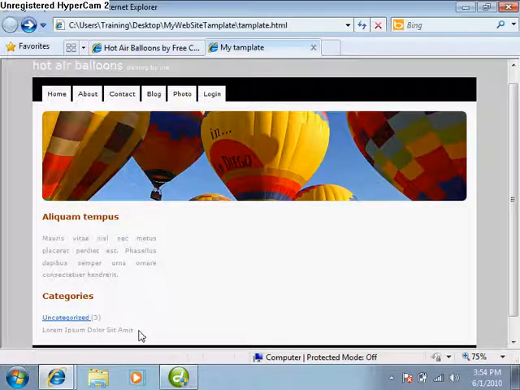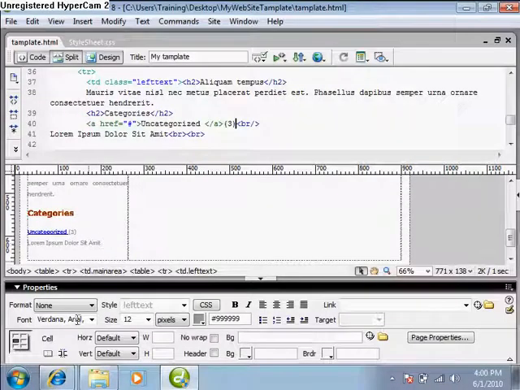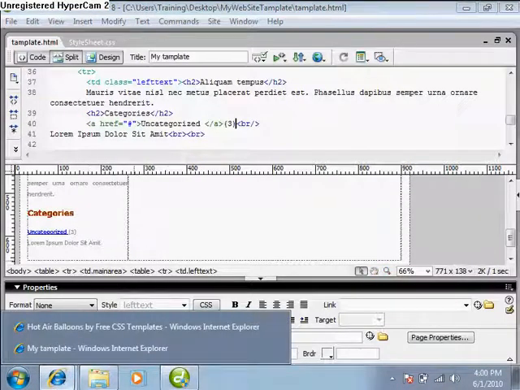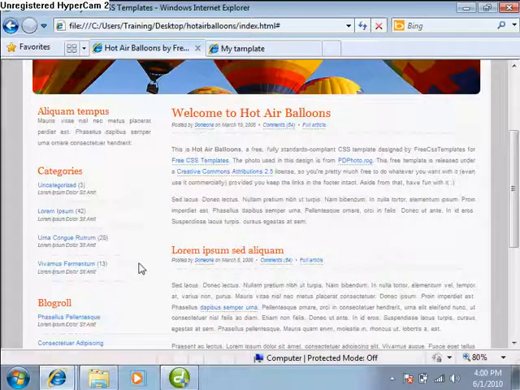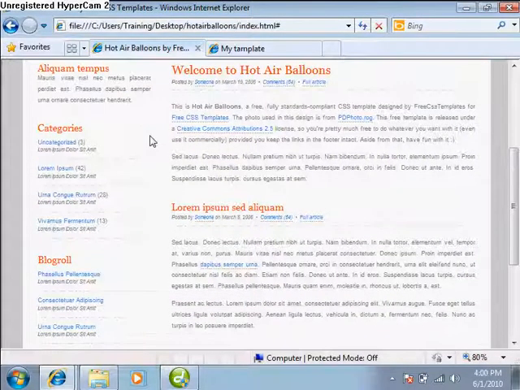Now let's see, go to the original template. If you see at the bottom of this category there is a dotted or dashed line, and after another category there is also a dotted dashed line, and after another category